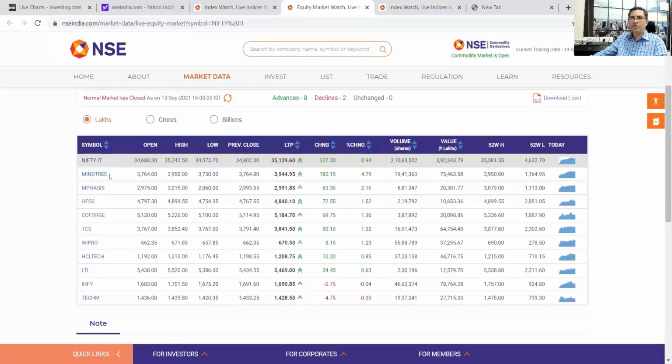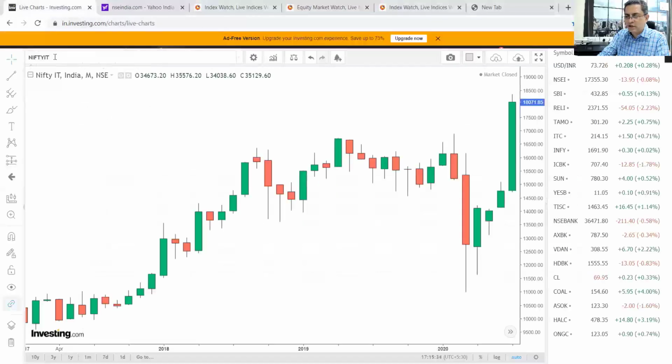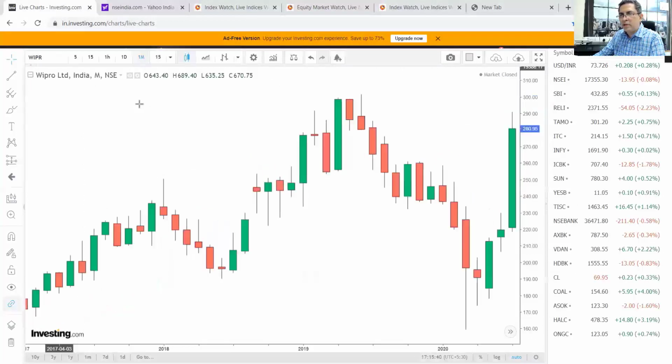तो यहाँ पर अगर देखते हैं तो Mindtree, Mphasis, OFSS, Coforge, TCS, Wipro. These are the stocks which are there in the Nifty IT index. So if I take 2 or 3 good stocks from this. Okay, for example, if I want to select Infosys or Tech Mahindra or Wipro, देखते हैं how are these stocks. Okay, so if I take let us say Wipro, तो अगर Wipro पे चलता हूं मैं